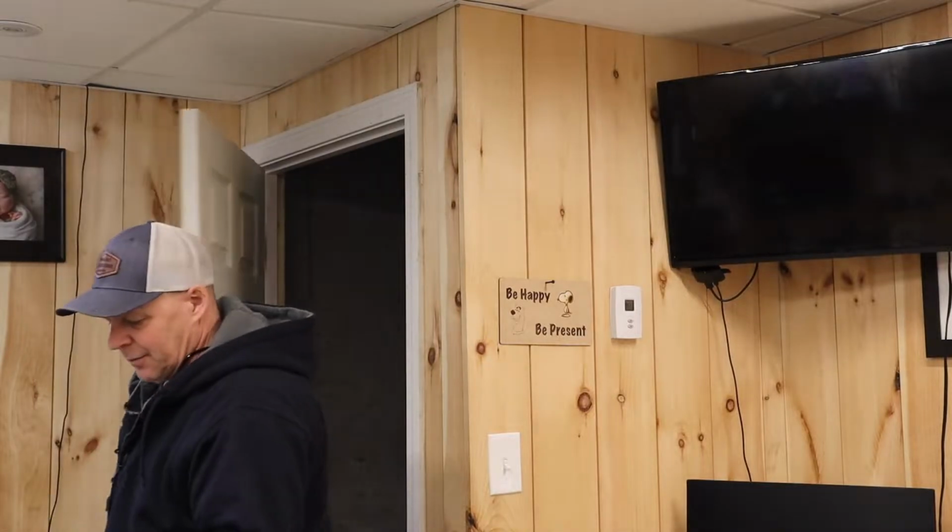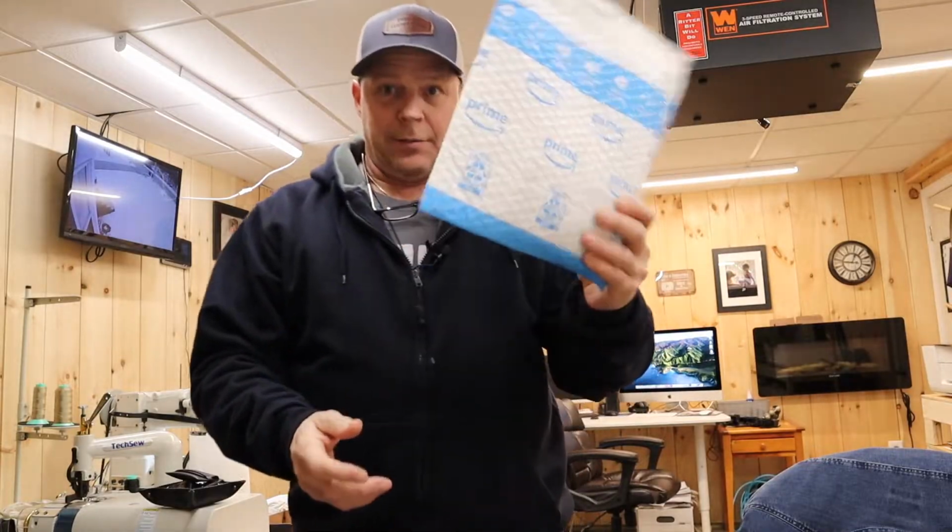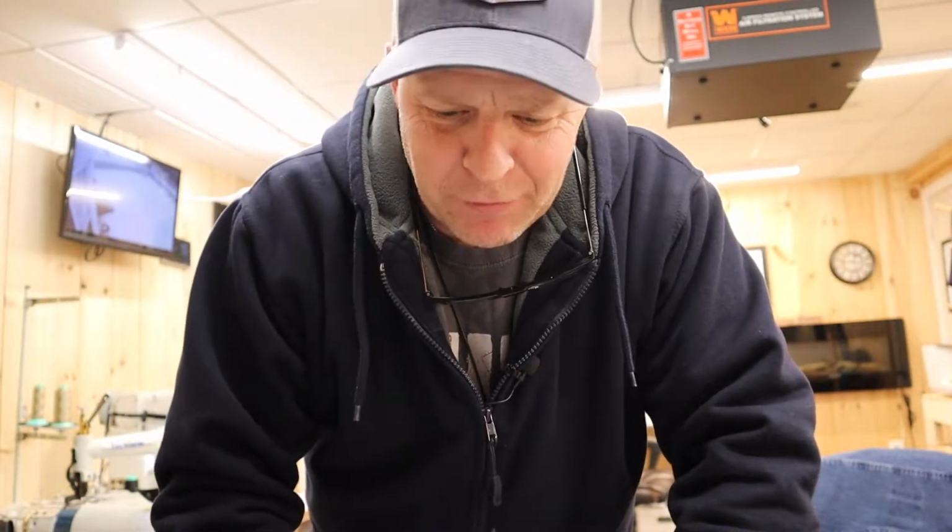I got a new tool in. Pretty excited about this. I actually think I even said I'm pretty excited about this. It's a small little tool, but something I've been wanting for a long time. I'm a little nervous of buying tools anymore, being that you guys have heard me mention before I wasted a lot of money in this craft, and I didn't want to make another mistake. And even though this thing didn't cost that much,